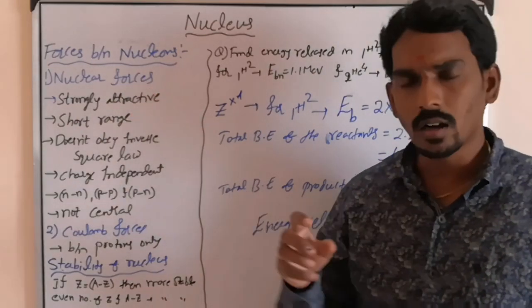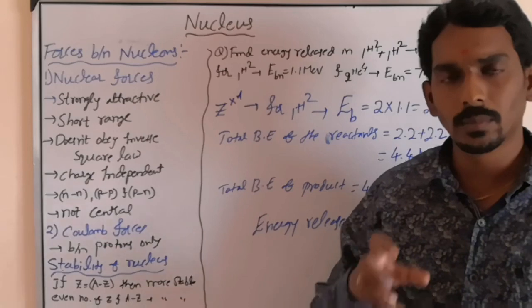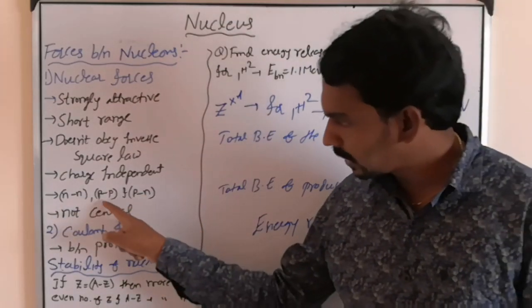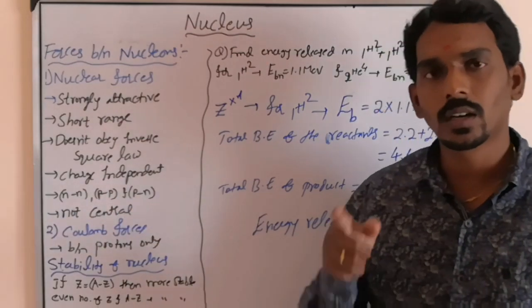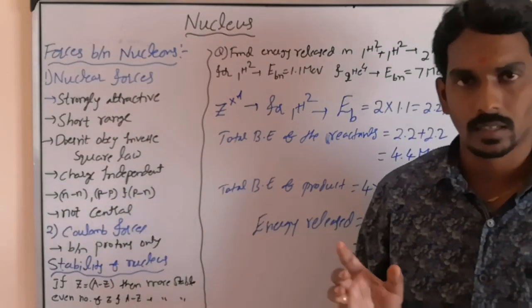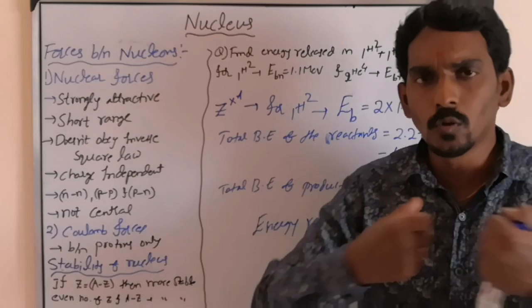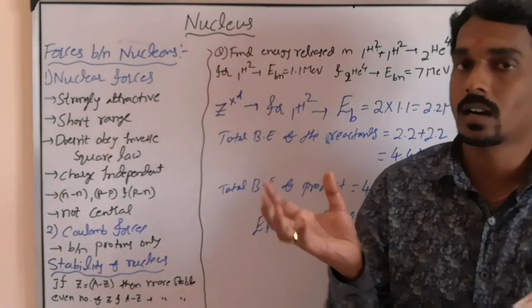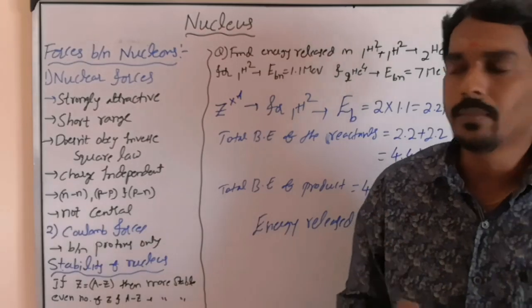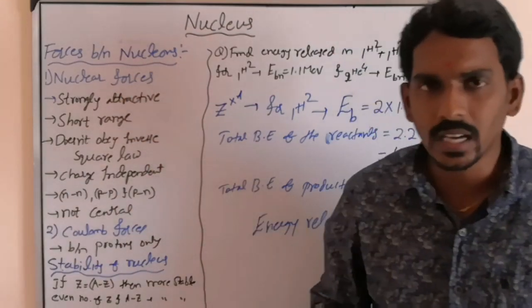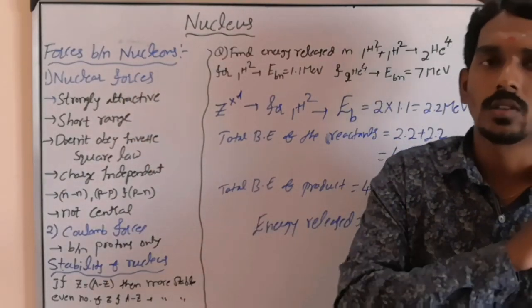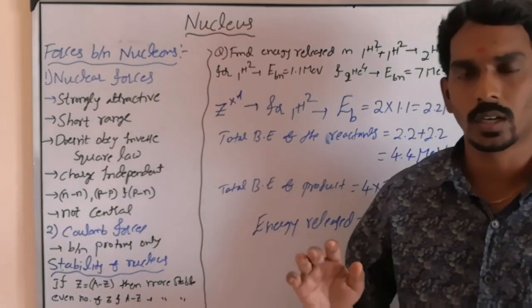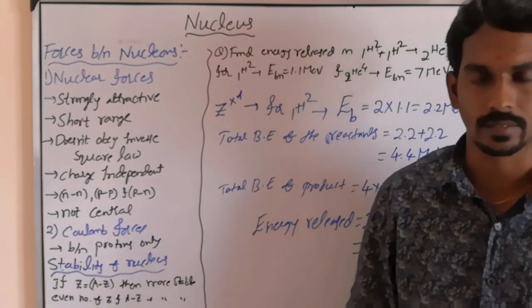We are saying a strong attractive force will be there between these combinations, and also between protons there is one repulsive force. But repulsion means they should move away, they should go far away. But still they are together. Why? Because these nuclear forces are the strongest, stronger than all the rest of the forces existing.